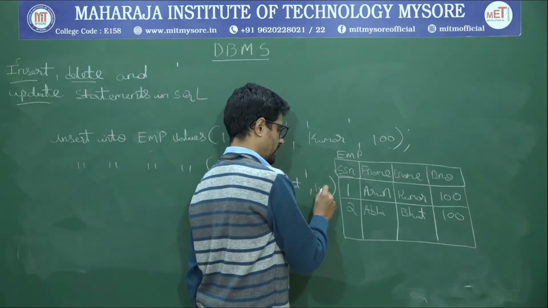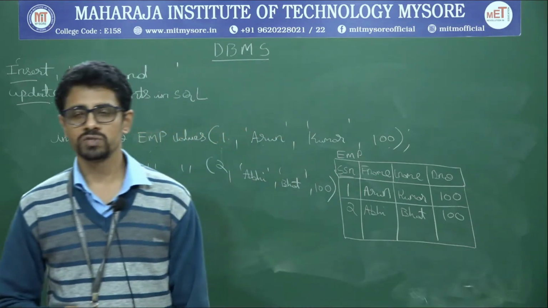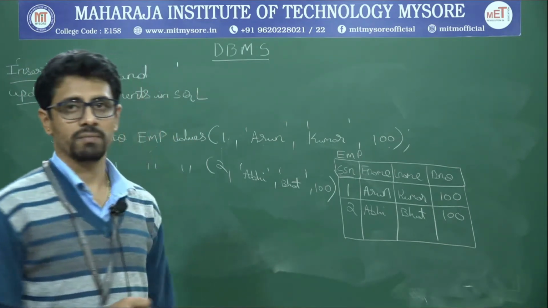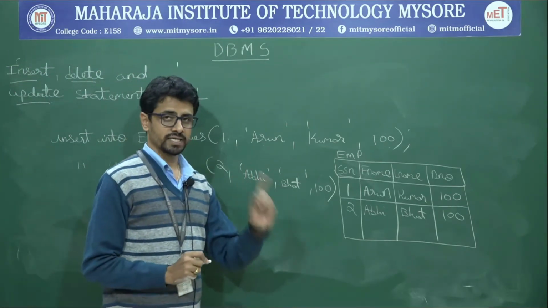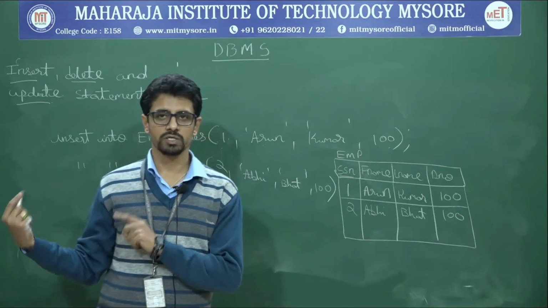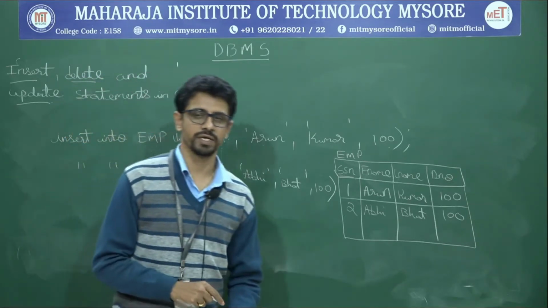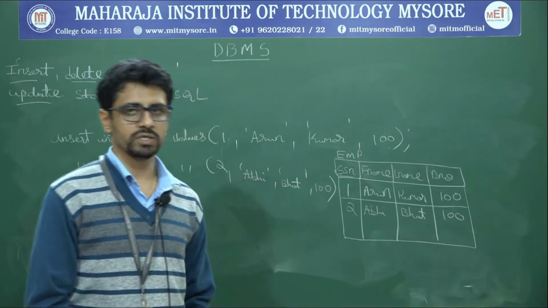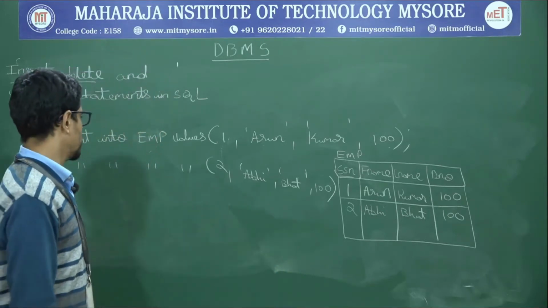My intention is to make it clear that whatever constraints we gave while using the create table command must be withstood through this insert command. The basic syntax you need to follow is the order. The next thing is that all the constraints explained previously should be satisfied while inserting the values: the primary key constraint, the foreign key constraint, the not null constraint, the check constraint. Everything should hold, and only then can the values be inserted into the table. Okay, cool.